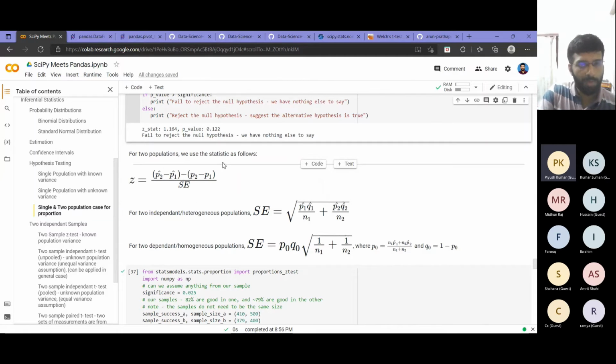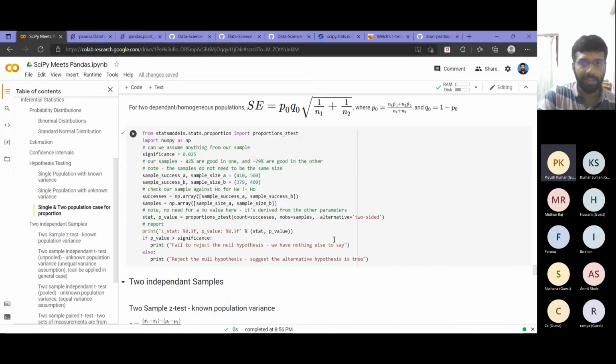So for two population proportions, similar to this, I am given p1 and p2, the corresponding two proportions, and I am asked to find out whether these two are related to each other. Then I will use the z statistic: (p2 minus p1) for the sample minus (p2 minus p1) for the population, divided by the standard error. For the standard error, actually two cases will come here. One is whether the proportions belong to independent populations or whether the proportions are from the same population. Depending on this, either this equation or the second equation you will have to use.